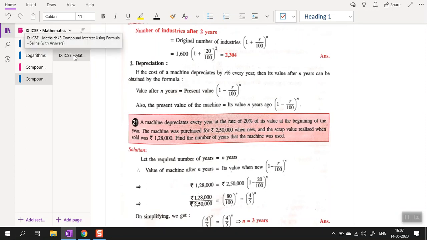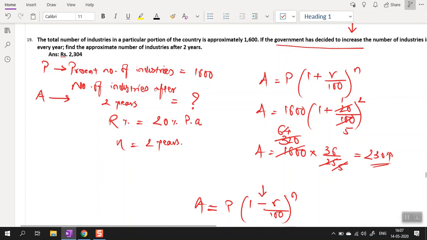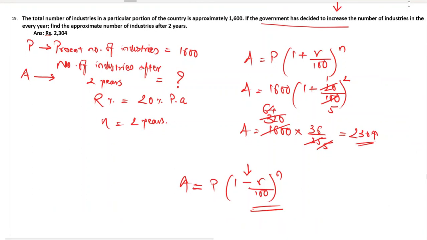Let's go to the solved examples. Actually, I already recorded this video, but some technical issues came. I don't know, some software issues, and the video didn't get recorded at all. So I solved all the questions already in front of you. They are solved. I'm just going to explain the questions, right? Please try to understand. If you have any doubts, you can definitely contact me, but they are very, very straightforward.